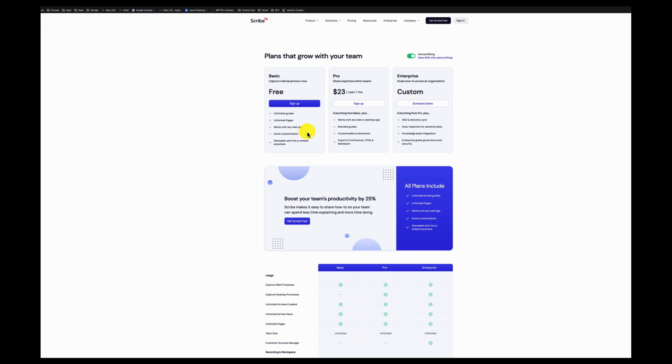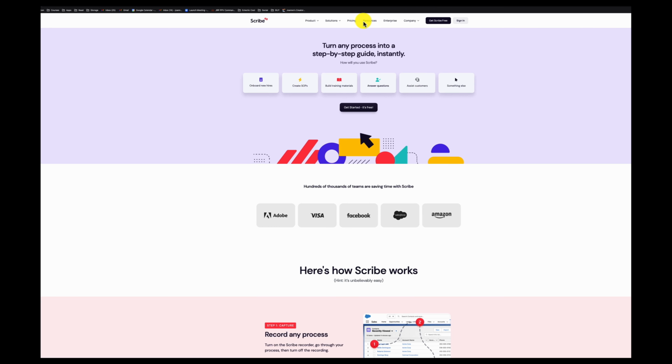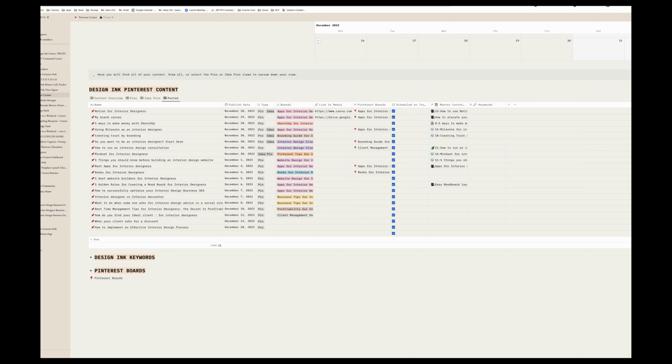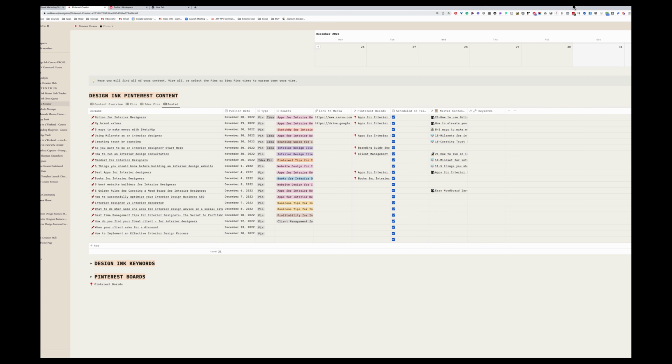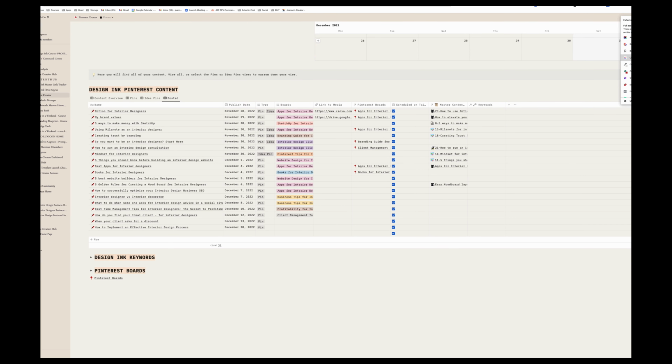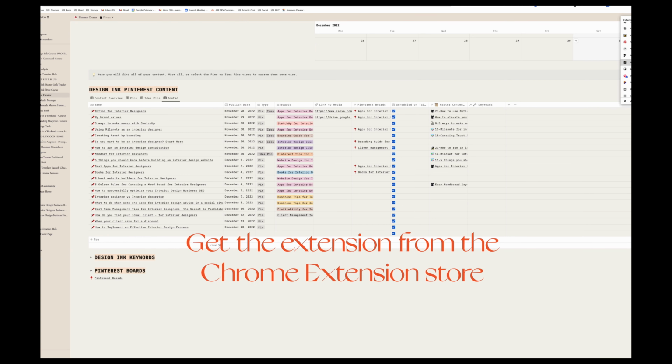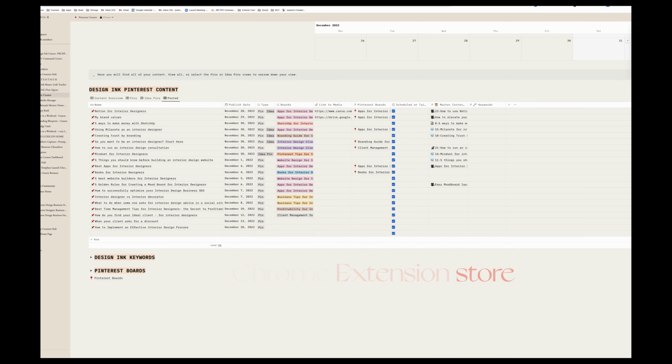So if you have a program like Adobe Illustrator where you're using your own app, it won't record that. You have to pay for the pro plan. But if you actually are using all your apps, they're on the web, then it's very easy to download the Chrome extension and then record all your guides. So let's hop in and get started. In order to show you how Scribe works, firstly, you have a Chrome extension. If you go into here, you can see the Scribe extension. It's just down here and it looks like this. You can just start recording